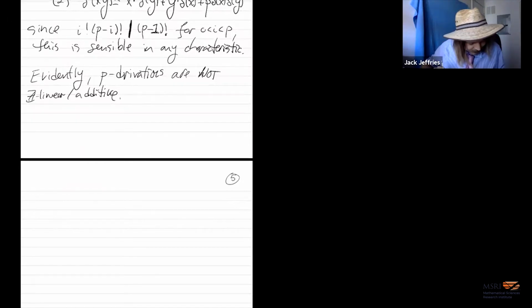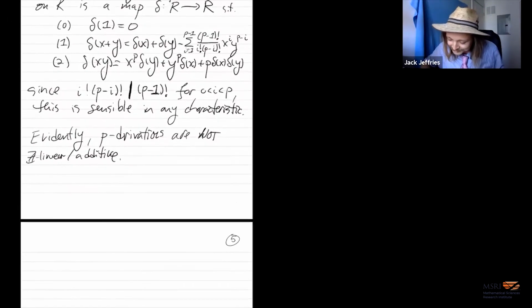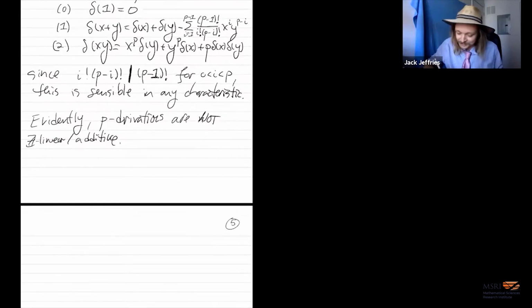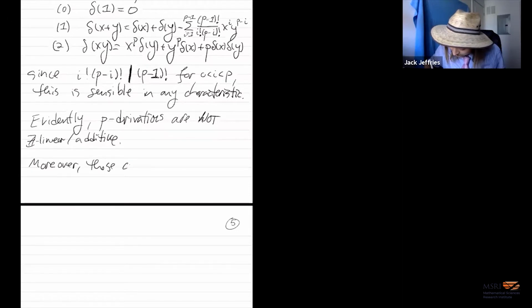Let's see, do I want to copy and paste yet? No, let me keep it here so we can just see it. In Formula 1, we're trying to add something on the right-hand side that is not a delta of something. In Formula 2, we're trying to multiply together two deltas of somethings. Okay, so these are